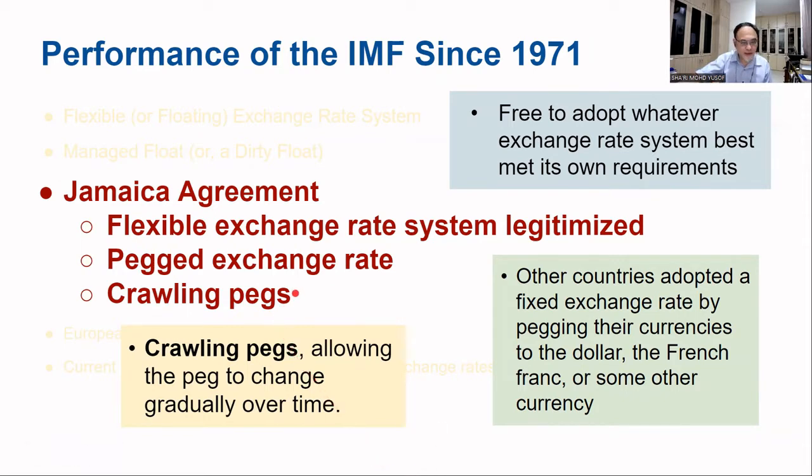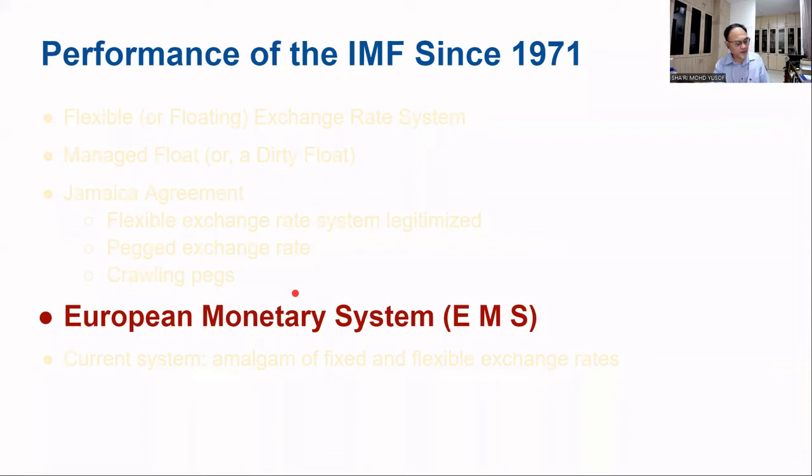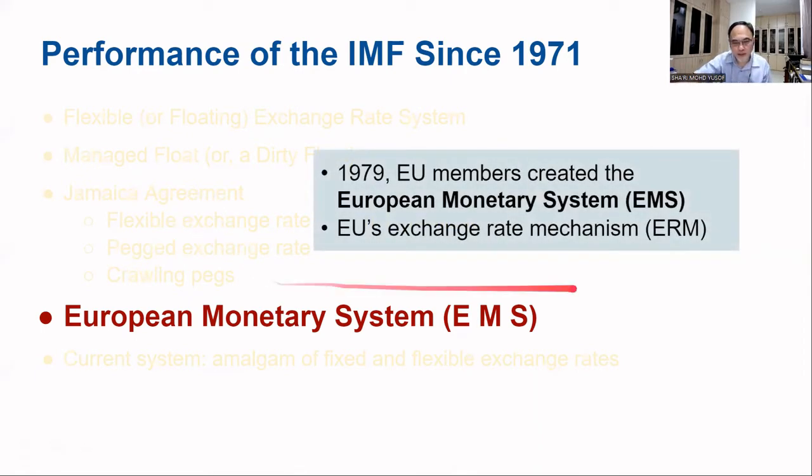So one of particular note is the strategy adopted by EU members, okay, in the belief that flexible exchange rates would hinder their ability to create an integrated European economy. So they created the European Monetary System in 1979 to manage currency relationships among them. Of course, at the end of the day, you have the euro, right? Okay, a standard currency for the whole of Europe.